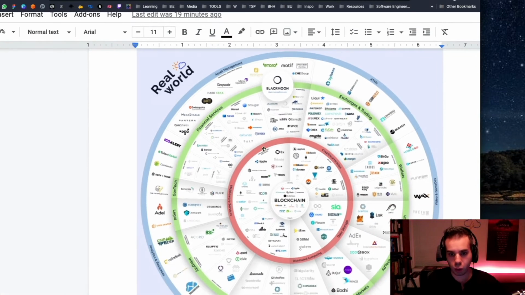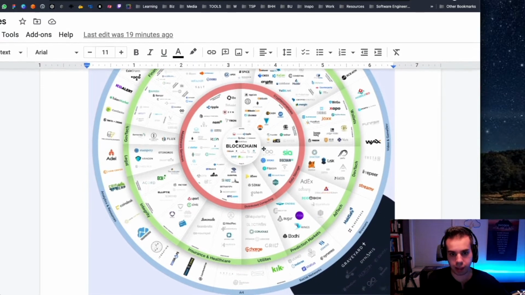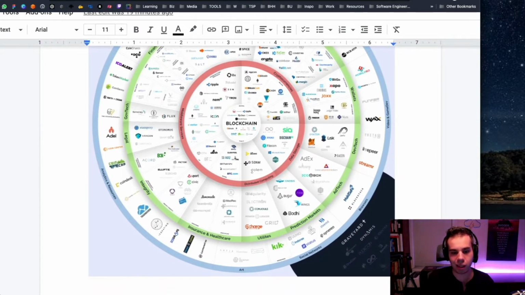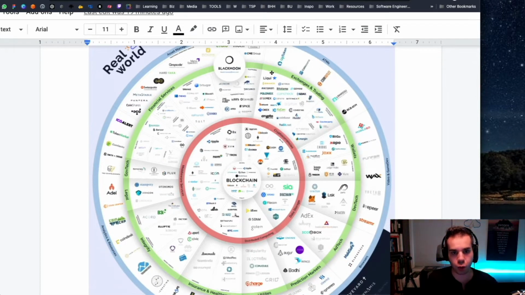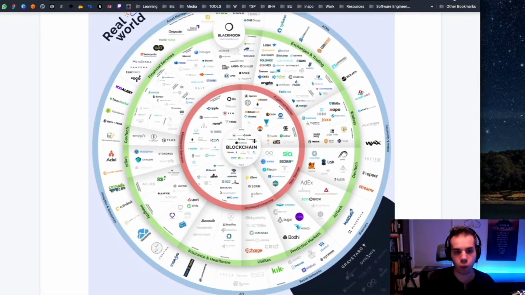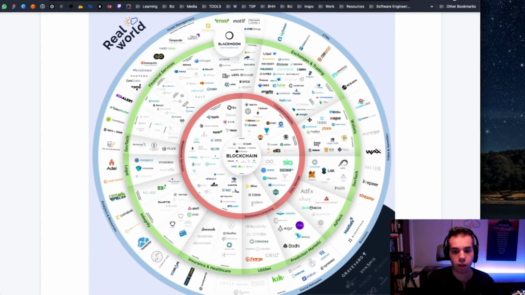This is just a little bit of a map of what's really going on in the space. This is also an outdated map. It would look a little different if we were to create one today, but the majority of these names are still in existence. I also just want to show you that it's more than just cryptocurrencies. It's more than just NFTs.